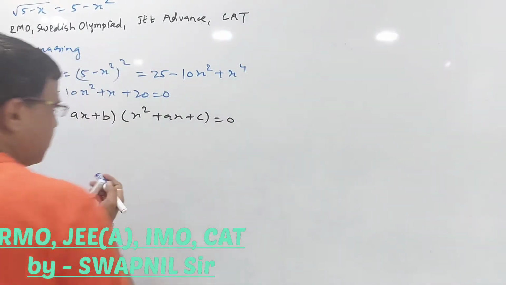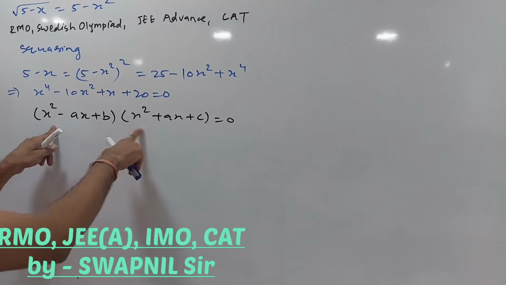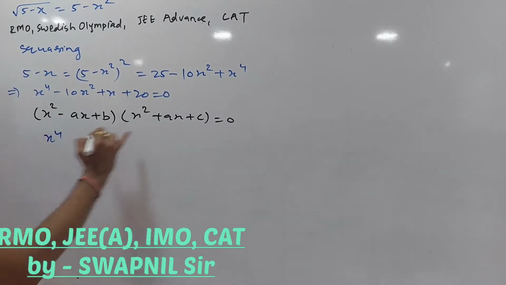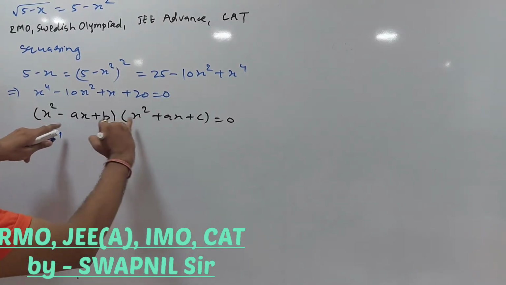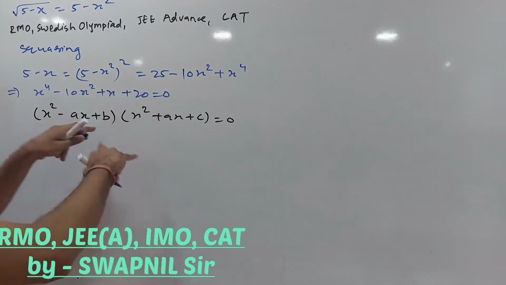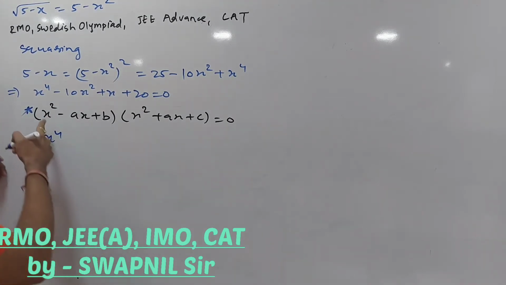Fine. So let us first work on this. I will show you guys why there is no x cube term here. I am just multiplying it out individually. x square into x square gives x power 4, and then plus c ax cube minus ax cube plus minus ax cube. That's why it gets cancelled and there is no x cube term. That is the reason I picked up this way. It will be very easy. Now what will be the next?